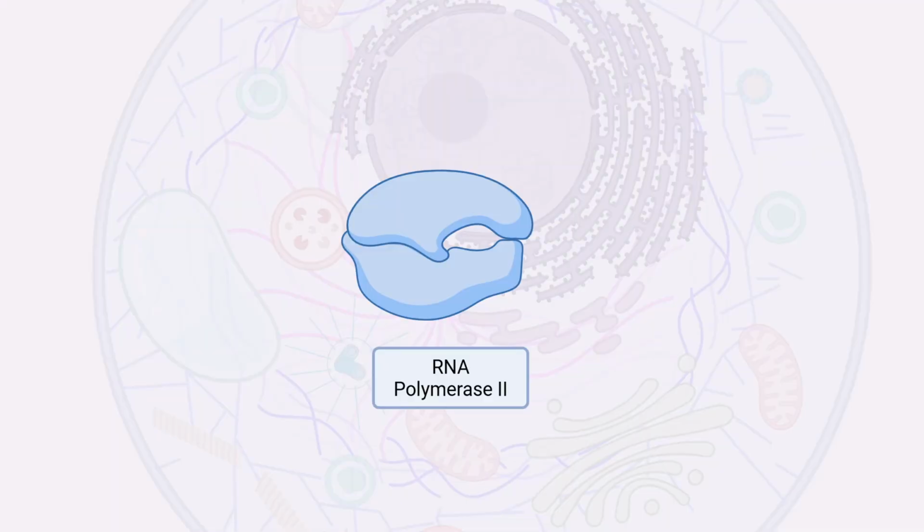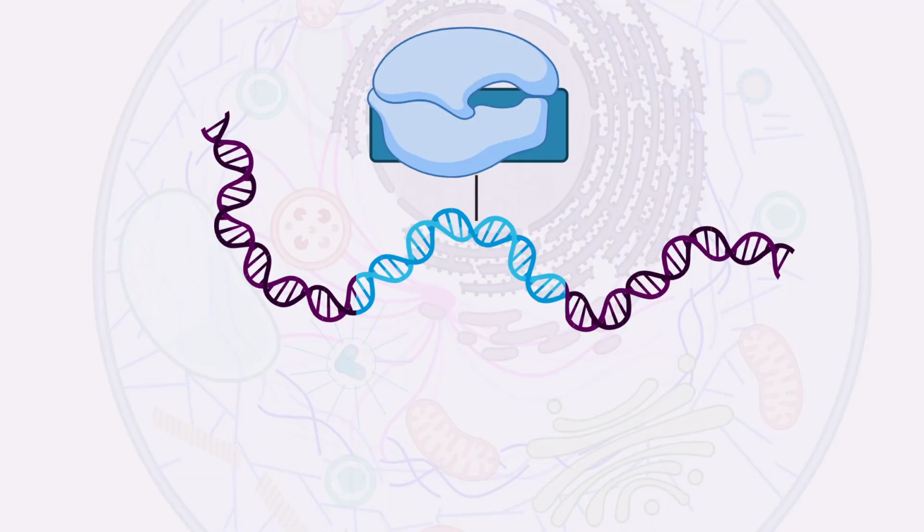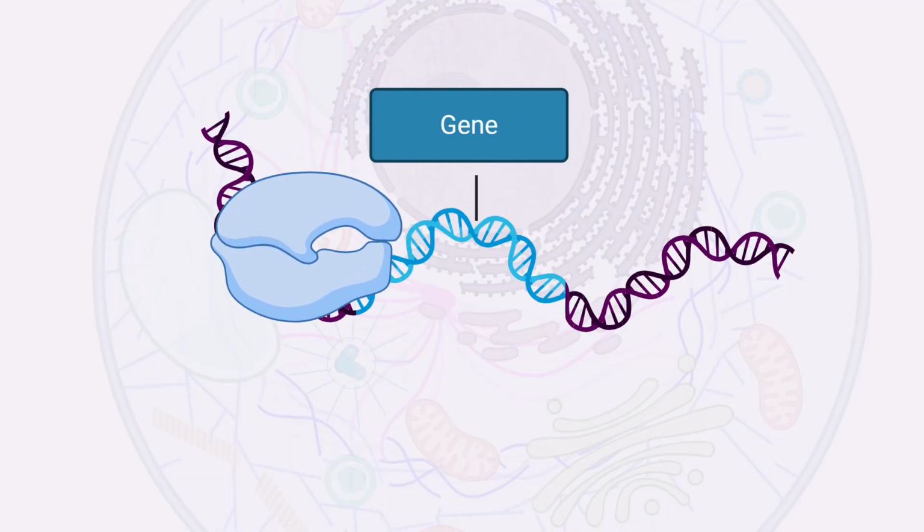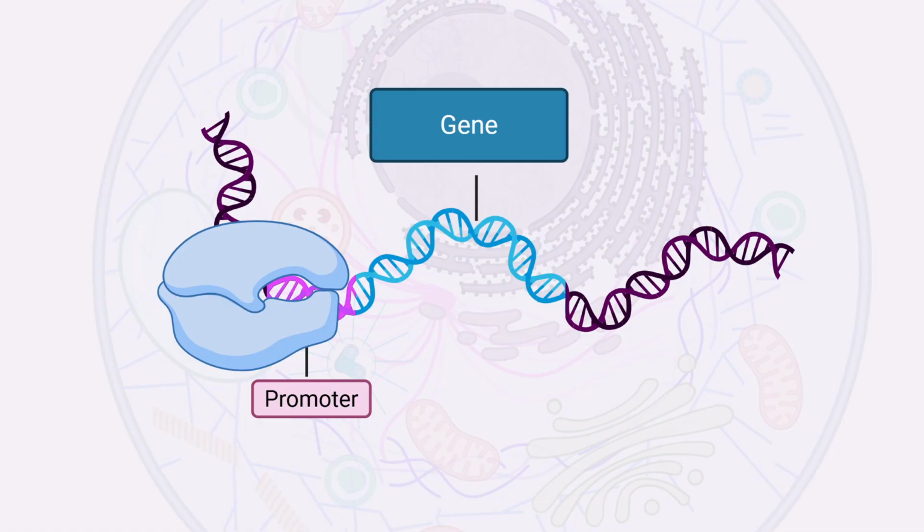Let's take a closer look at what happens. The enzyme responsible for actually writing our RNA message is called RNA polymerase II. Please don't ask why it's 2. It's directed to a particular DNA sequence called the promoter that lies just before the start of the gene. Now, a lot more proteins are actually involved in getting this RNA polymerase to this spot. The DNA will even fold and contort to bring everything together. But we're just going to get to the main point, which is this enzyme makes us an RNA copy of